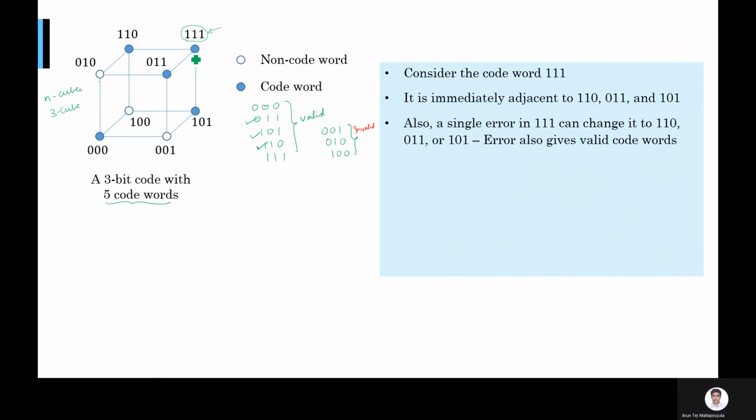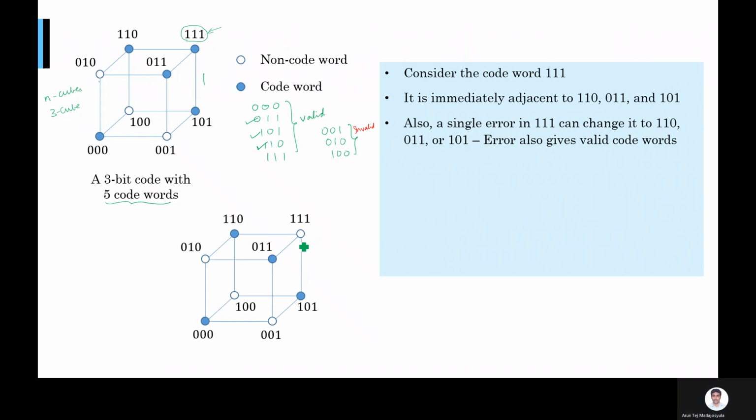What is the reason? The reason is the distance between any two pairs is not 2. Here the distance is 1, right? All these 3 pairs, the distance is 1, and so you are not able to detect one error. You need to have at least a distance of 2. So what am I going to do? Let us look at another code.